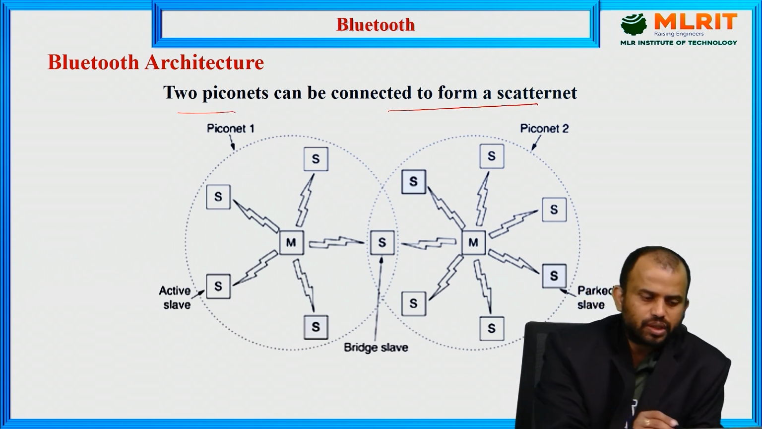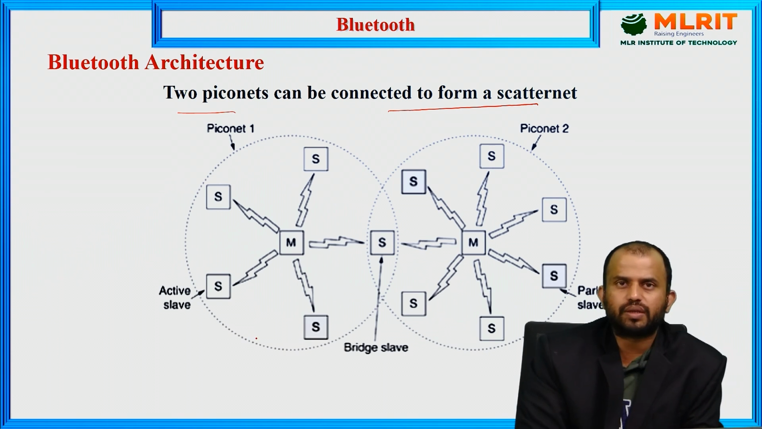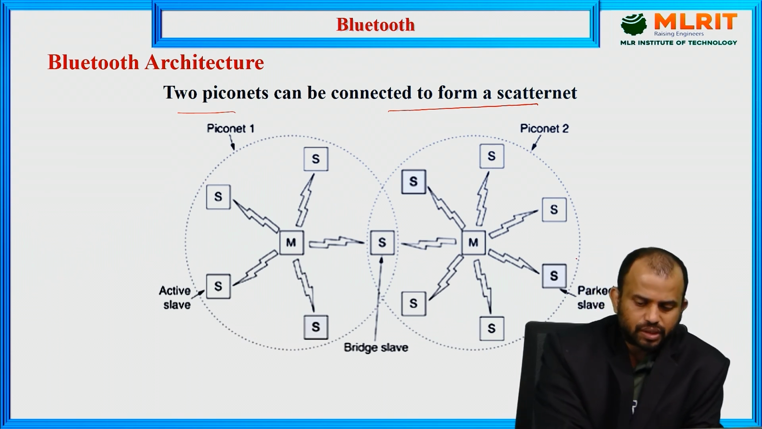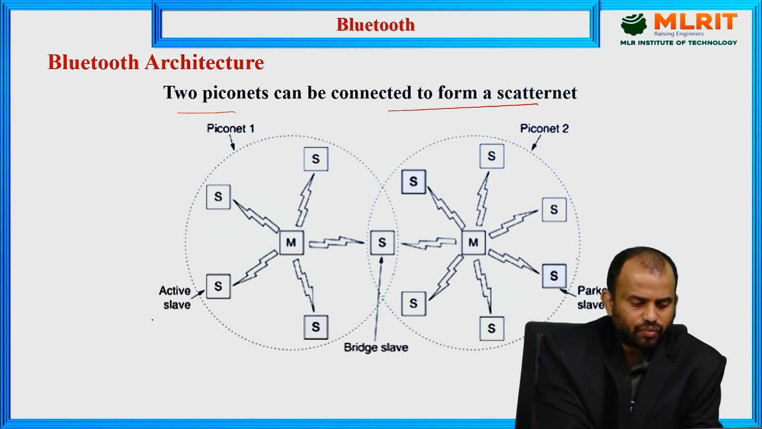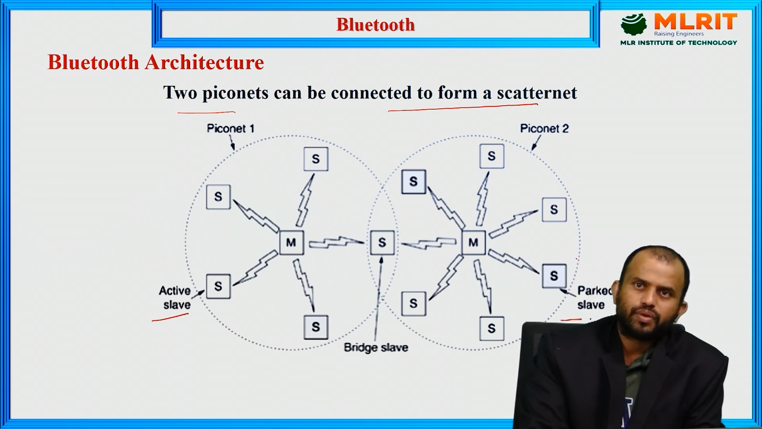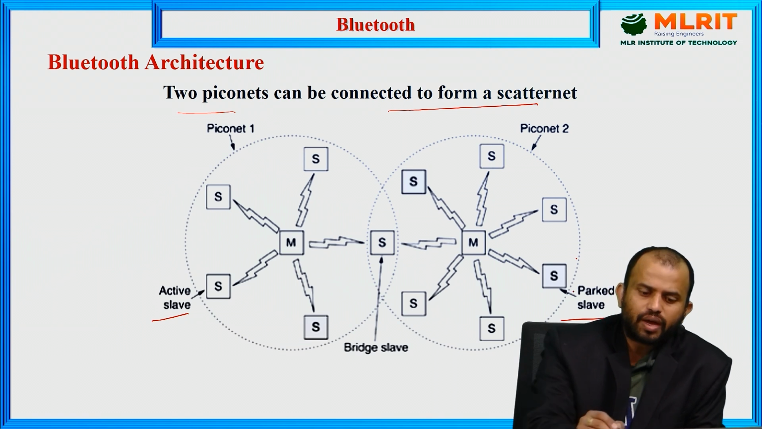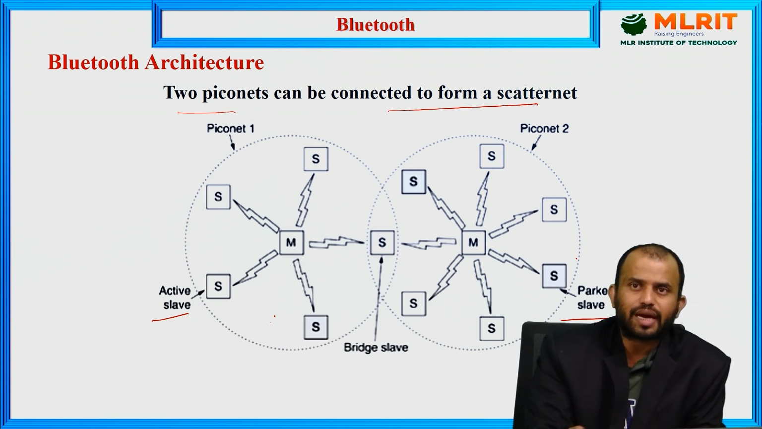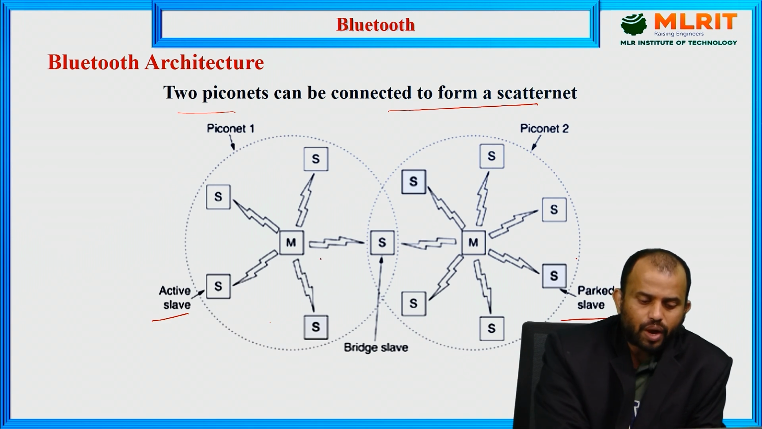This piconet acts as one Bluetooth mechanism, and this piconet acts as another Bluetooth mechanism. When you see this, there are two things: one is the active slave, and another is the parked slave. In this mechanism, one acts as the signal transmitter and the other acts as the signal receiver. While the Bluetooth signal is activated, and this piconet's Bluetooth signal is activated,